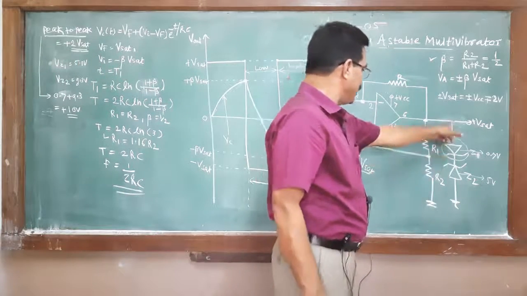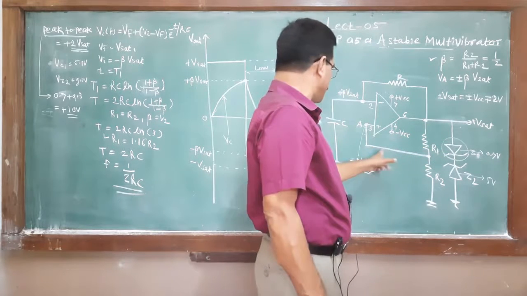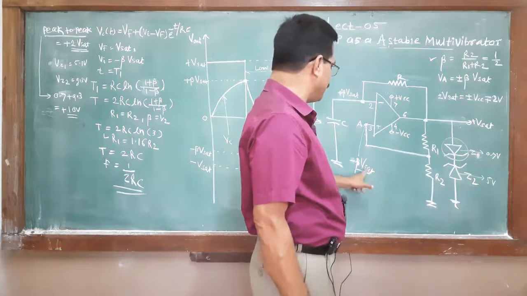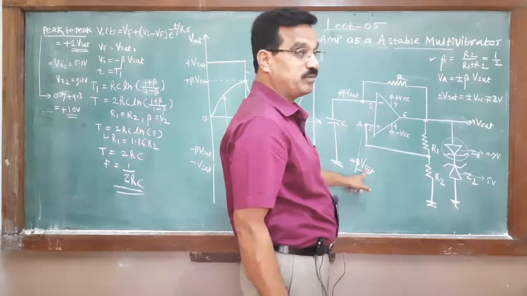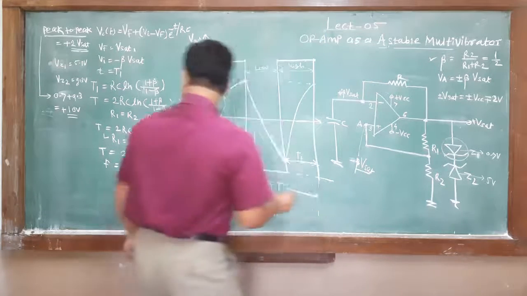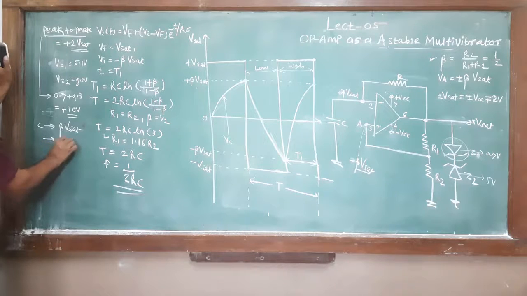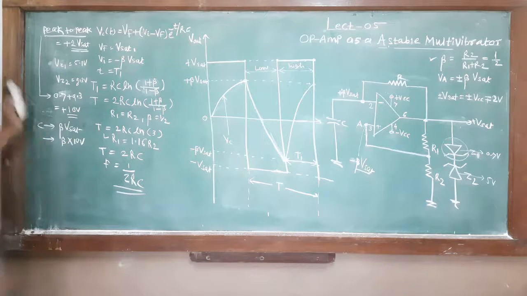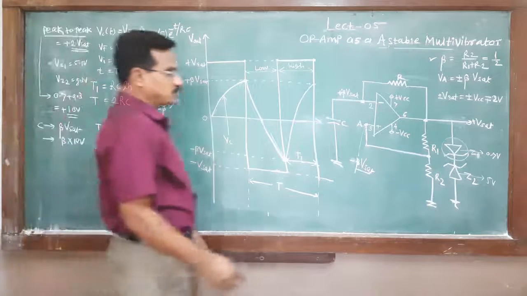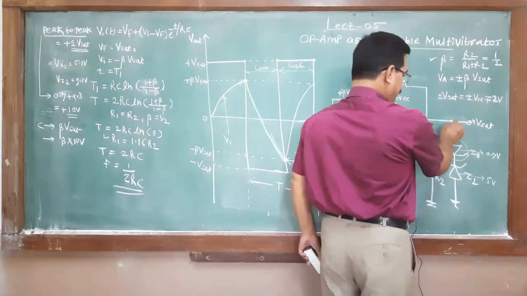And due to this 10 volt, what will happen? Capacitor charges up to this point, beta multiplied by 10 volt, positive beta. Charging of the capacitor takes place, beta into V saturation, means beta multiplied by 10 volt. This is the situation. But if suppose the negative saturation occurs,